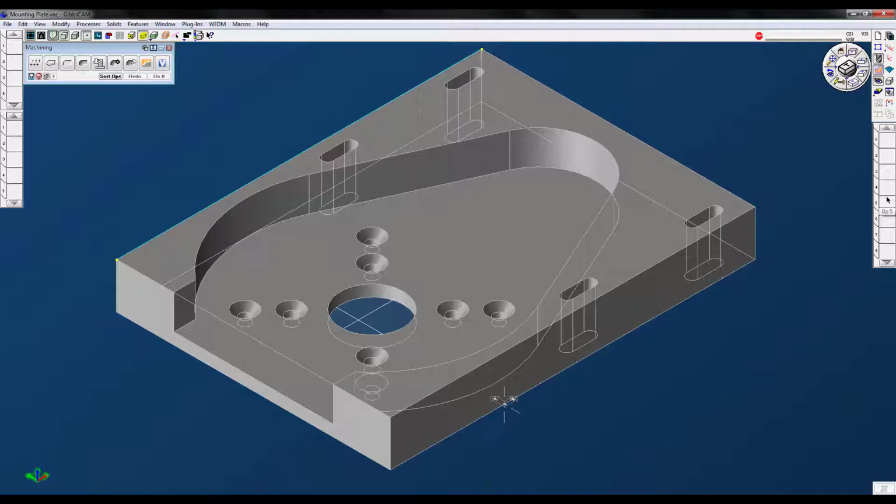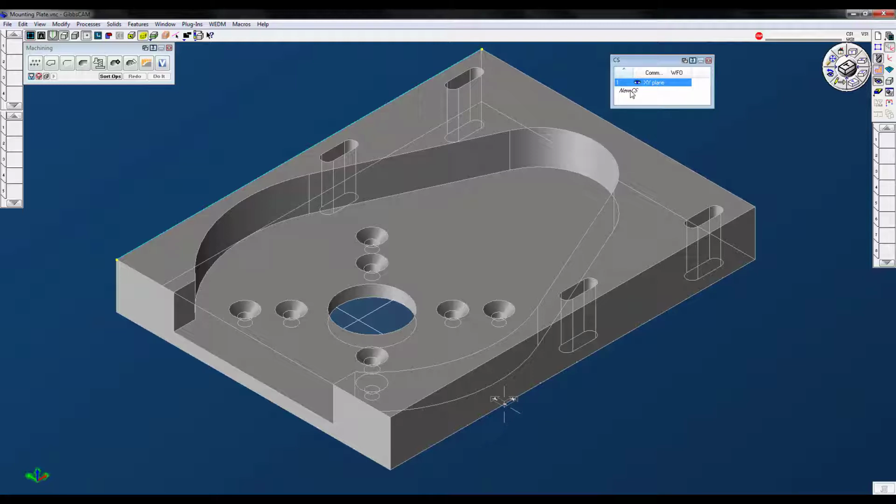Okay? So first thing I want to do is set up where my G54, my home position, is. You can see when GibbsCAM comes in, there's the home screen. It's usually where this was modeled originally. So again, working from the top down, I'm going to go to coordinate systems. Whenever you open up a part in GibbsCAM, you always have this XY plane. Now, you can take this model and move it down to the appropriate place in that coordinate system, or you